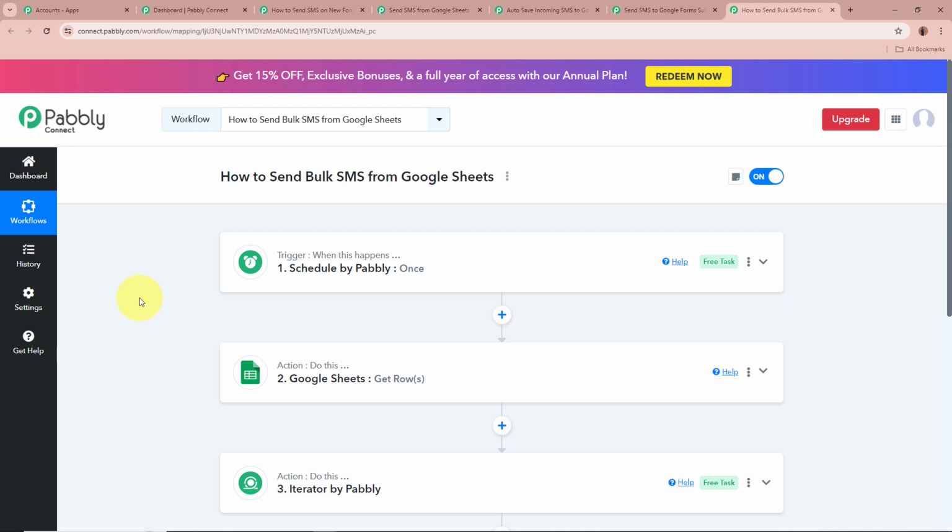So these were the top 5 amazing SMS marketing automations that you can create with the help of Pabbly Connect